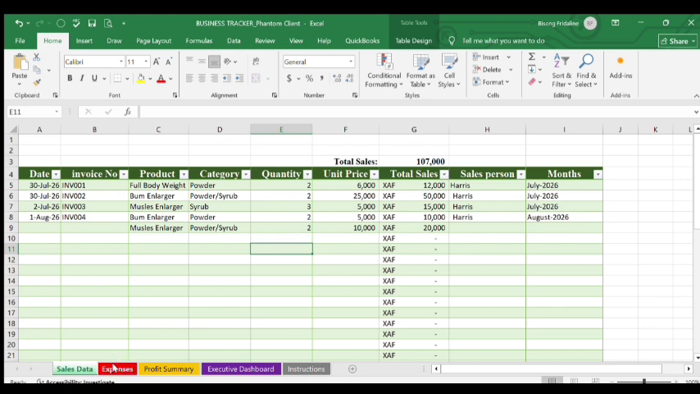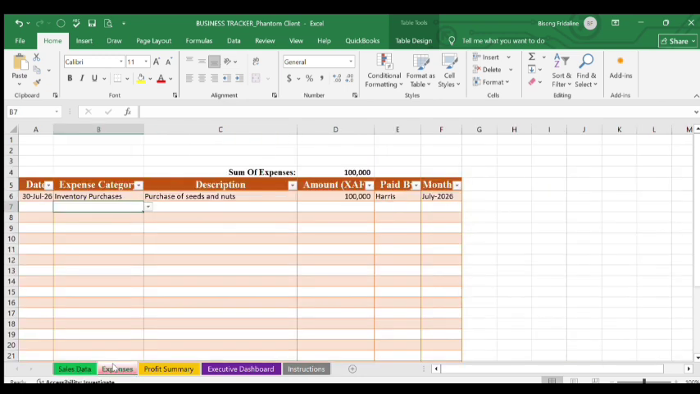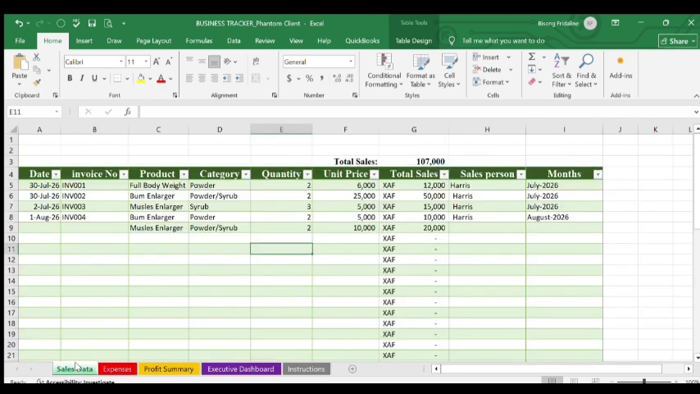Then the next thing we have is the expense sheet where you record your business expenses. So you select the expense category. If it's shipping or delivery, you select it, maybe put a delivery fee, and you put the amount the person paid, that is it. So when you record on your sales and expense sheets, it summarizes on